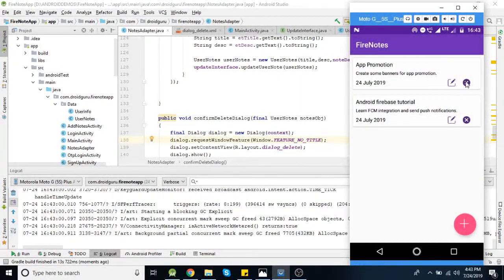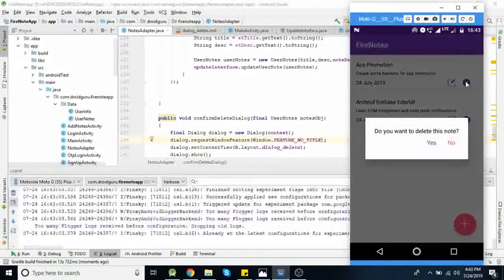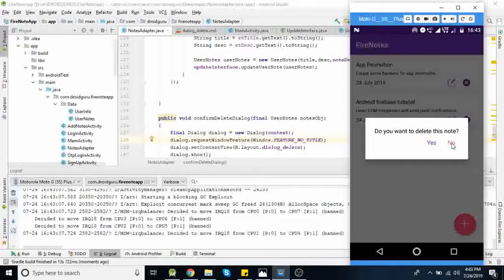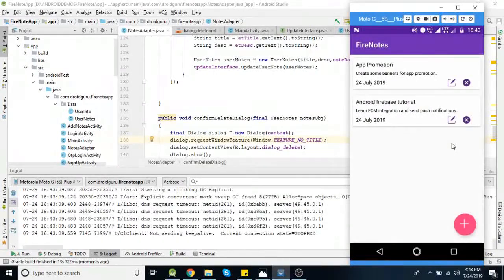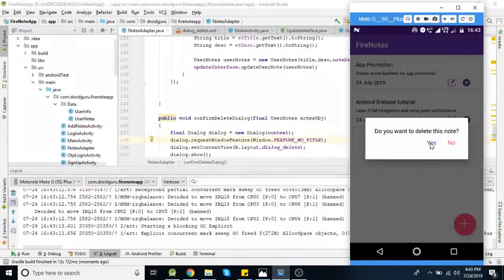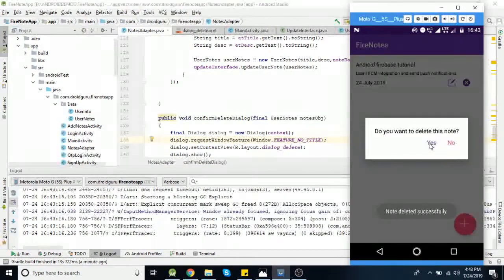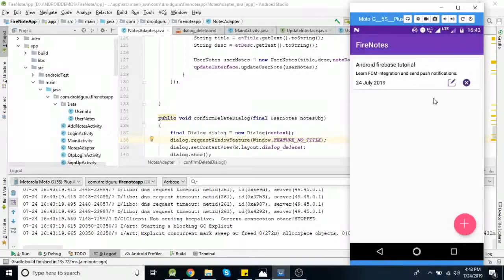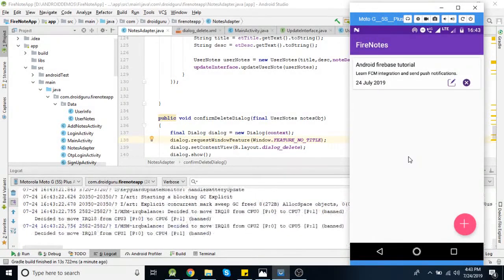If I click on this button, app promotion, this confirmation dialog will be opened, and when you click on no, this dialog will be just dismissed. But when you click on the yes button, this note will be deleted.